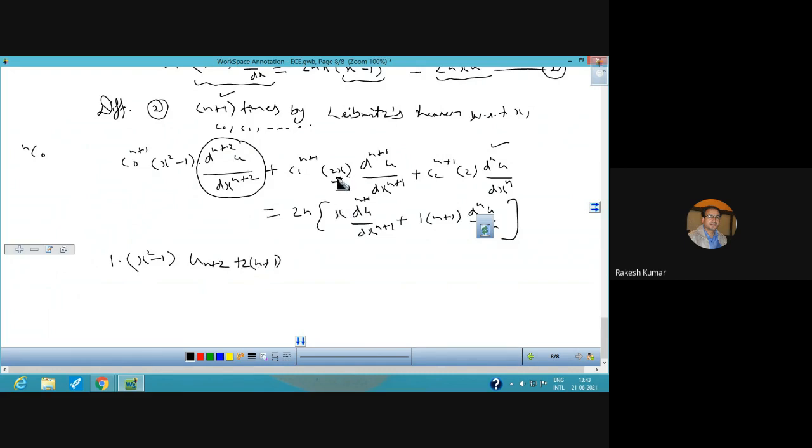This is 2 here, and this is x here, and dn plus 1 of u with respect to x can be written un plus 1. ये जो order है इसको हम नीचे लिख देंगे. But this is the notation we have, and C2 n plus 2 n plus 1 mean n into n minus 1 over 2 factorial. These are the coefficients we are using: nc0, nc1, nc2. These are the coefficients actually.